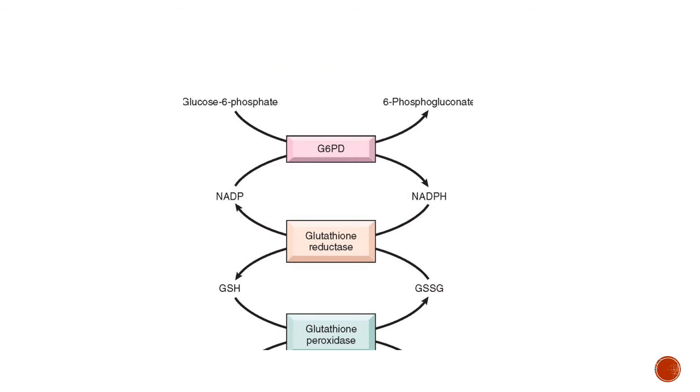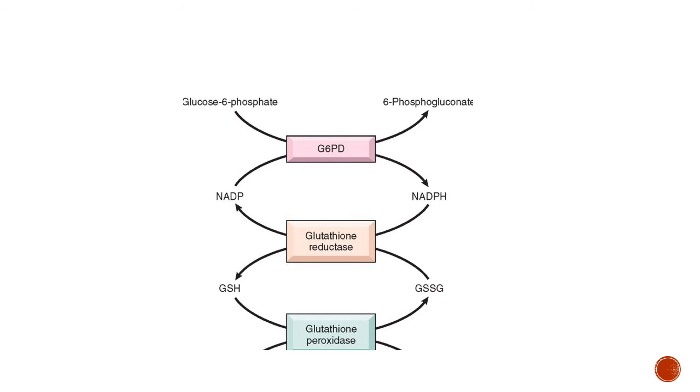So you can see in this picture a high concentration of reduced glutathione, that is GSH, in the normal RBCs. They protect themselves against oxidant injury by catalyzing the breakdown of compounds such as hydrogen peroxide to H2O. Now this reduced glutathione is generated by the hexose monophosphate shunt pathway. An adequate concentration of reduced glutathione, that is GSH, is maintained by NADPH, the reduced form of nicotinamide adenine dinucleotide phosphate, which converts the oxidized glutathione, that is GSSG, to GSH.